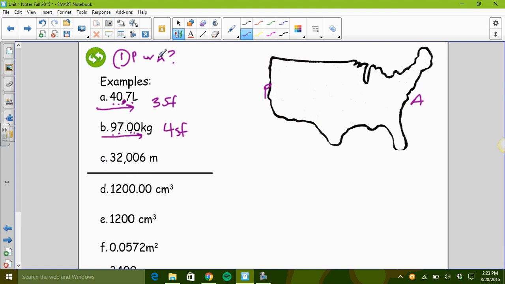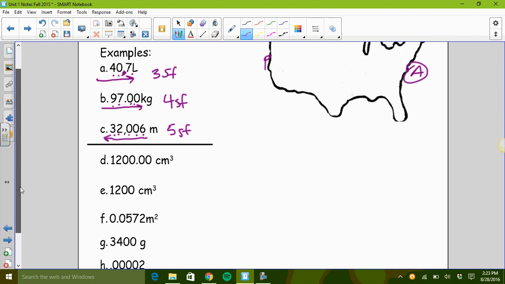Next, present or absent? It's definitely absent. Absent again is the Atlantic, so we're going to start from the right-hand side. As you're moving towards the number, you count the 6, which means you have to count everything after that. So 6, 0, 0, 2, and 3, all of those are significant digits. So there are 5 sig figs in that number. 1, 2, 3, 4, 5.